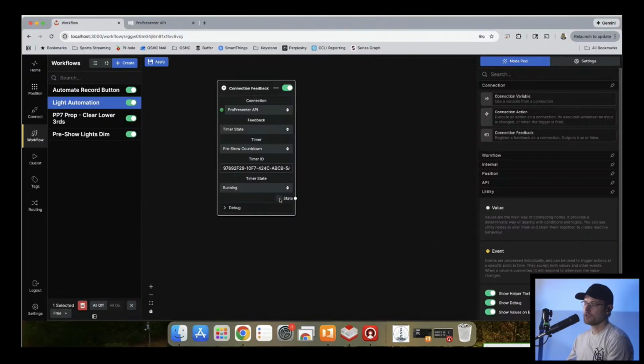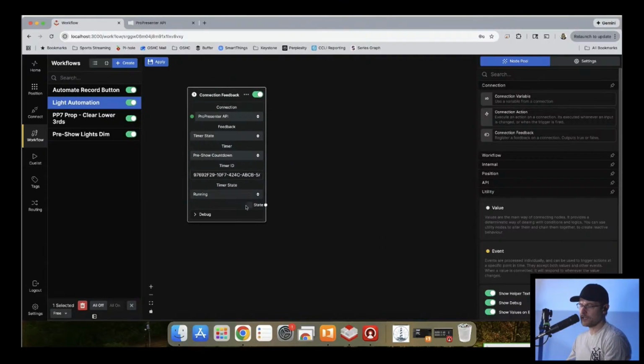Okay, we are going to leave that as is. It says that it doesn't have... Okay, so here's a great example of it taking its time to figure out what's going on. This is an issue I had with the Blackmagic ATEM, and I think it's actually a workflows issue, not a module issue. But it seems like it needs to either be power cycled, or you need to quit and come back. So maybe I'll try that.